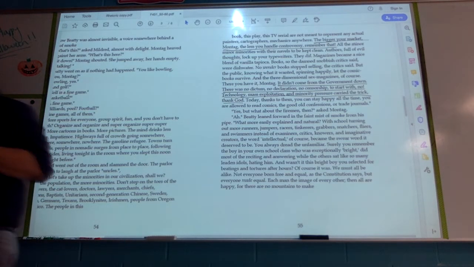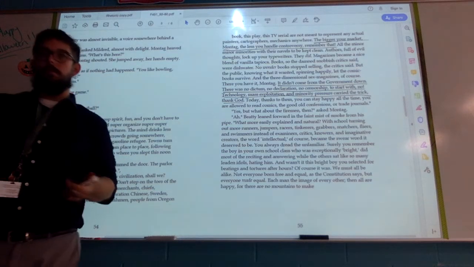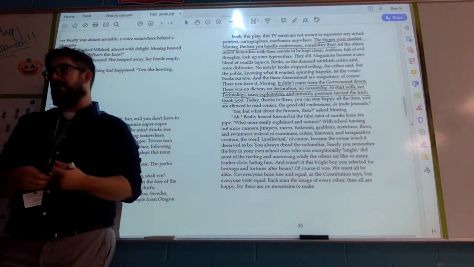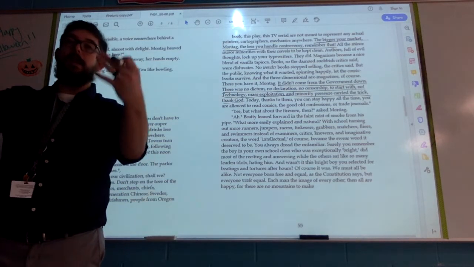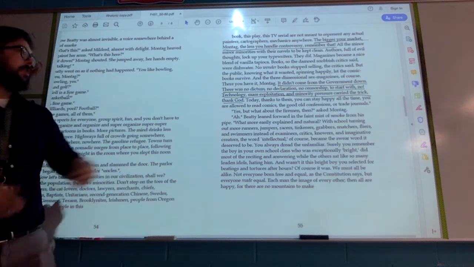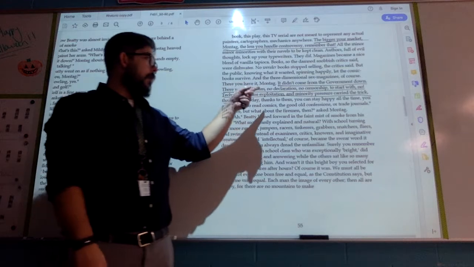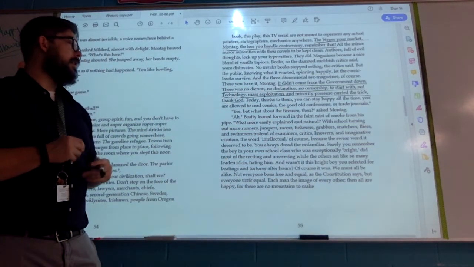Technology allows us to exploit more and more people with our information. Heck, a lot of those stories you find online and those articles that you see on Facebook, quite a few of them are fake. But people are exploiting you with that information. So technology allows for mass exploitation. The more exploitation, the more minority pressure, the more people are not going to like it necessarily, and that carries